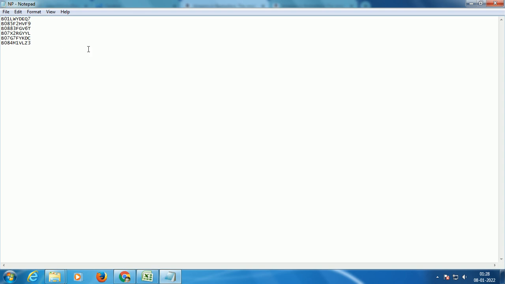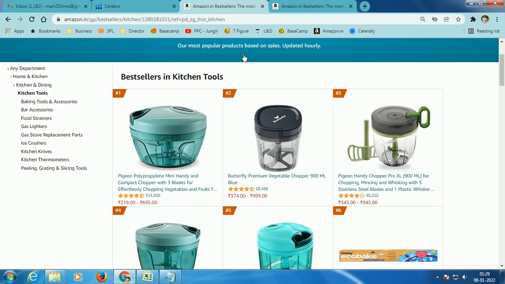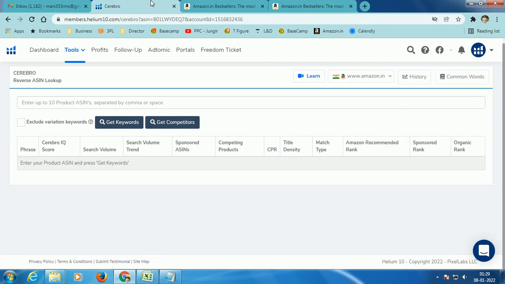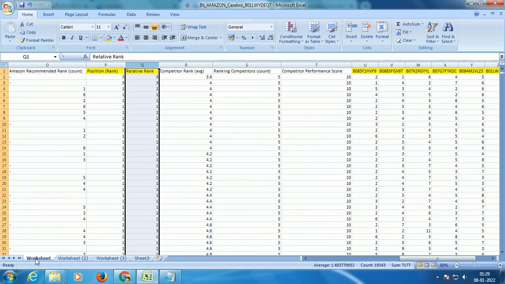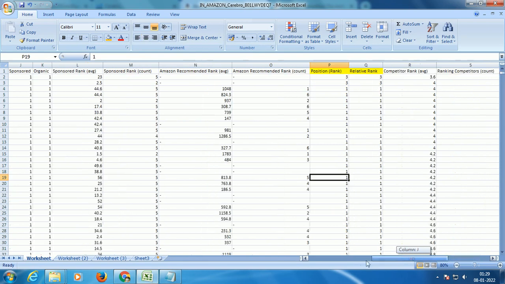Now guys, let's move on. I told you that I've already selected my top 6 ASINs in this example, but you guys should be looking for 10 ASINs, right? Now what I'm going to do is pick those 6 ASINs. I'm going to get to my Cerebro, right? I'll plug in those 6 ASINs here, and then I'll do a reverse ASIN search. For this example today, I've already done my reverse ASIN search, right?